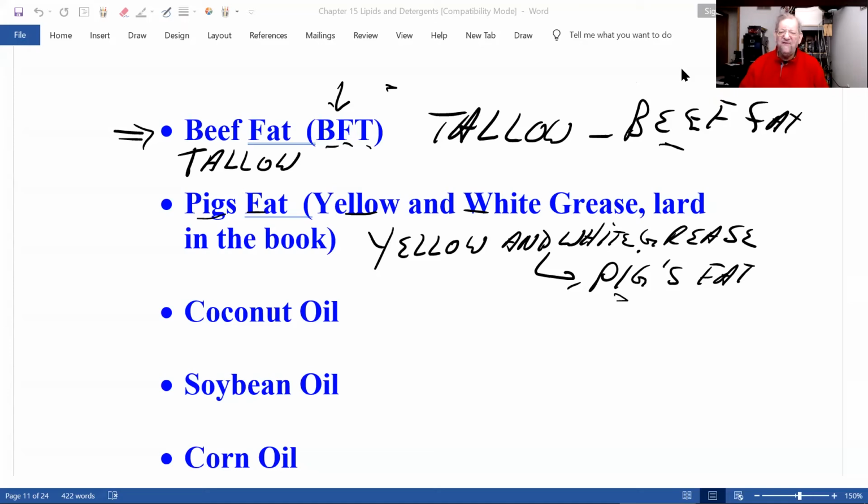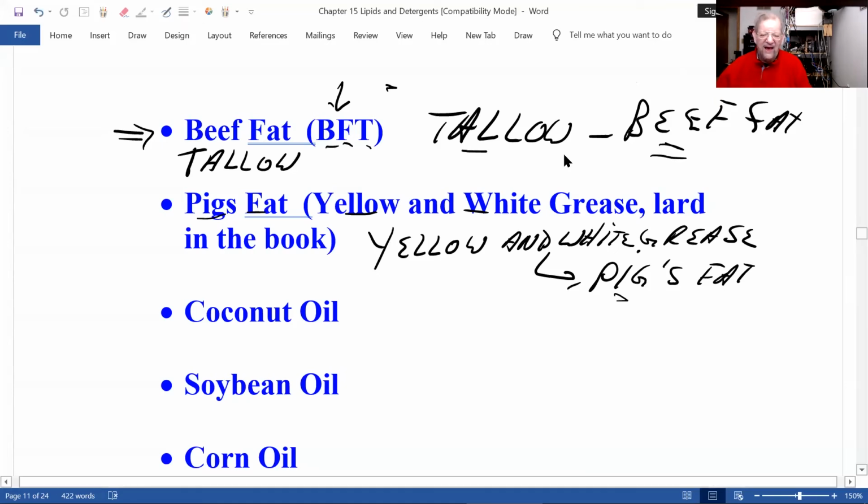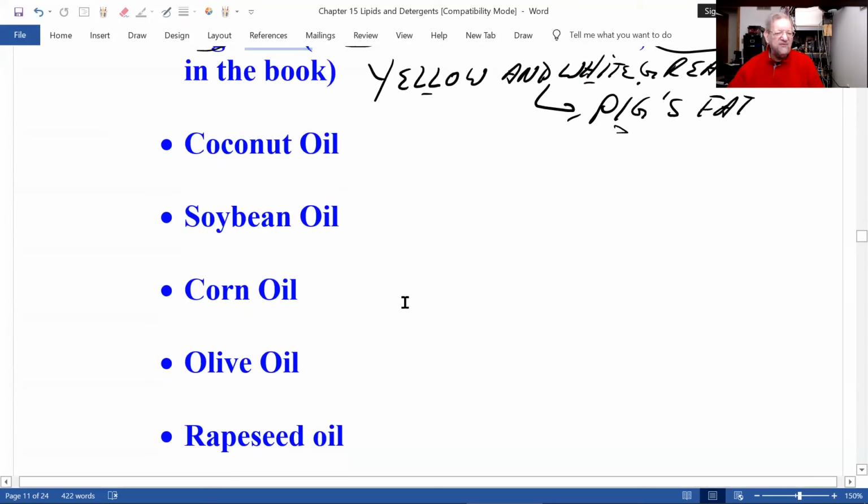that beef fat is tallow. So if on a test I ask you what's tallow, it's beef fat. And if I ask you what's yellow grease or white grease, it's pig's fat. Now, if you're cooking, you call it lard, but we don't cook with that in the chemical industry. We make stuff. Now, some other things, which I won't ask you, but you're familiar with, you can get coconut oil, soybean oil, corn oil, also mixed with other things called vegetable oil, olive oil, and then this, wow, this